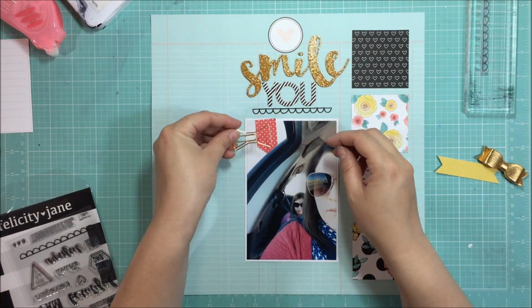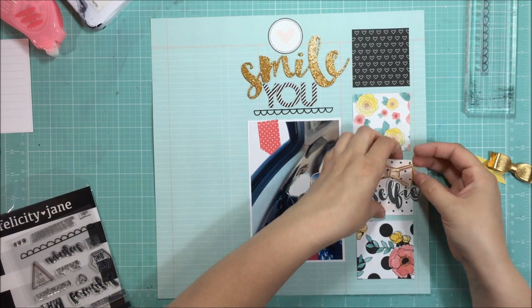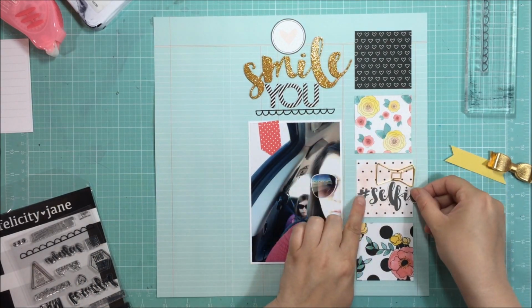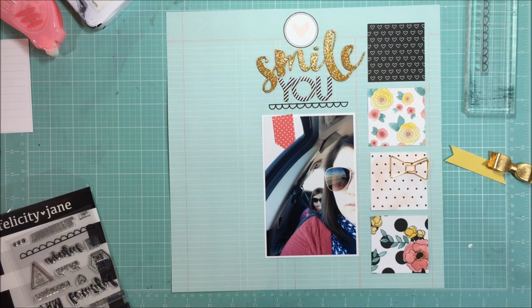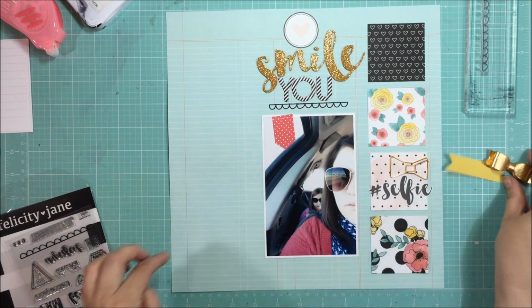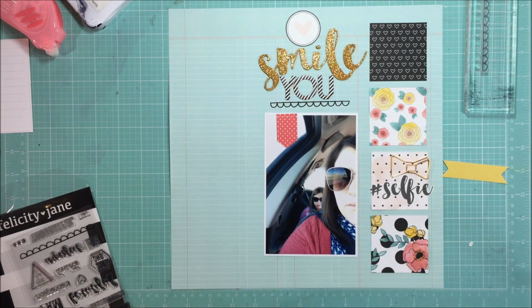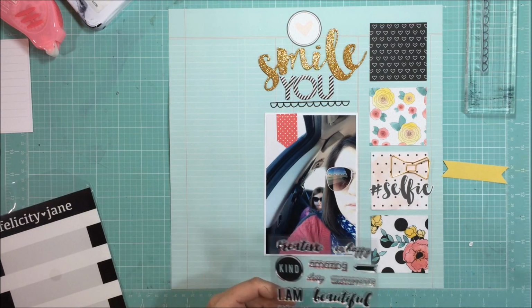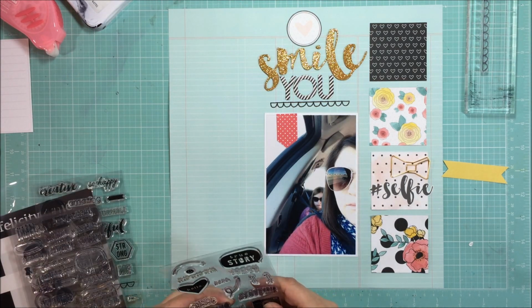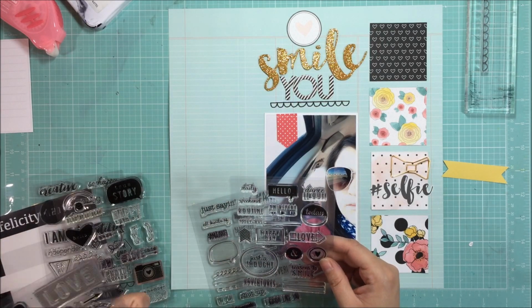So I found this one that says selfie, and I'm going to use that because I don't have occasion to use that kind of sentiment very often, but this was a selfie. And I'm going to use that little bow clip as well. And I'm thinking about using some of the gold flare that came in this month's I Am collection, but I didn't. And I'm searching through the different stamp